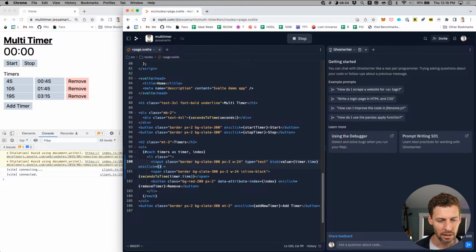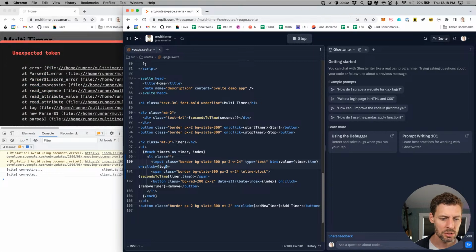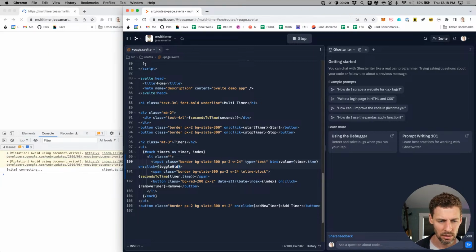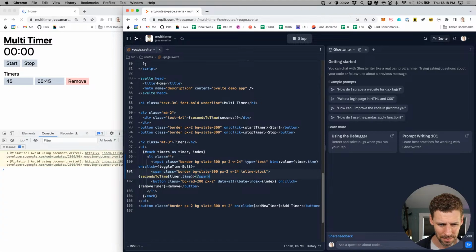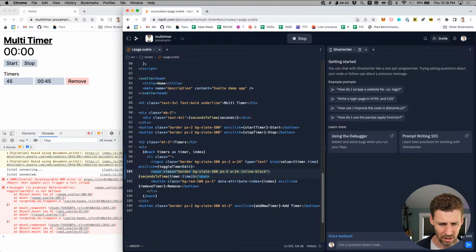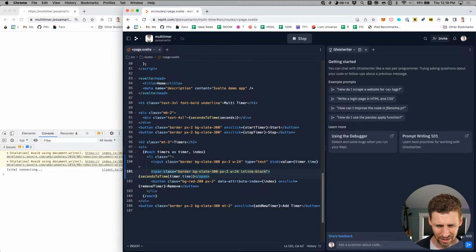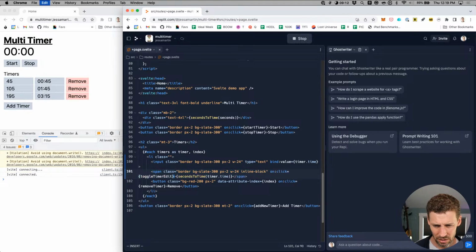All right, so then in this case, we want to toggle hidden or toggle timer edit. That seems like a reasonable name. And that's going to be in the span because that's what's going to get clicked on. So that's up here.